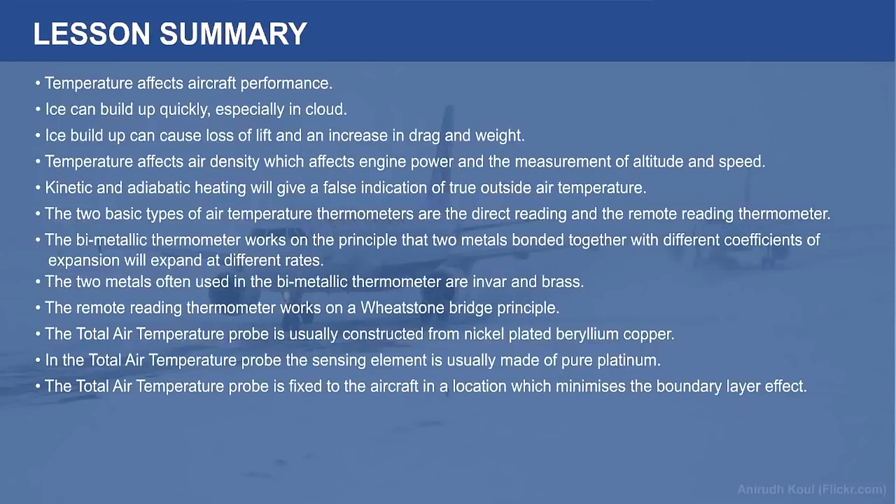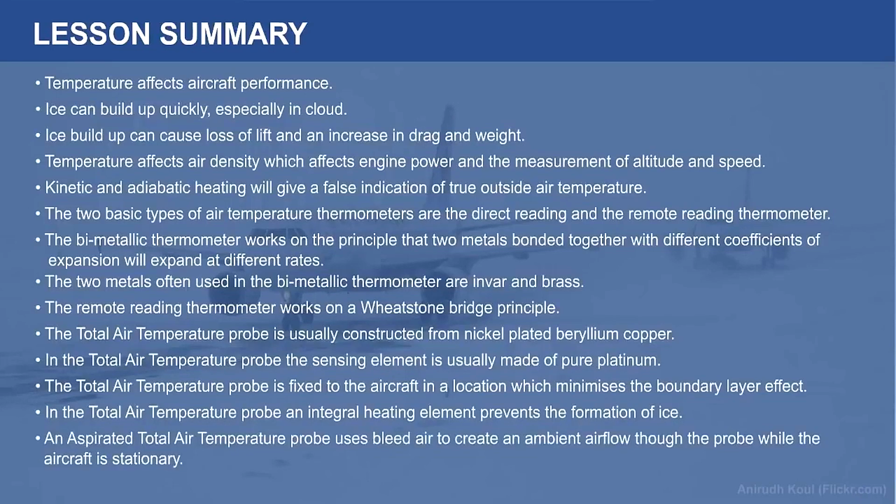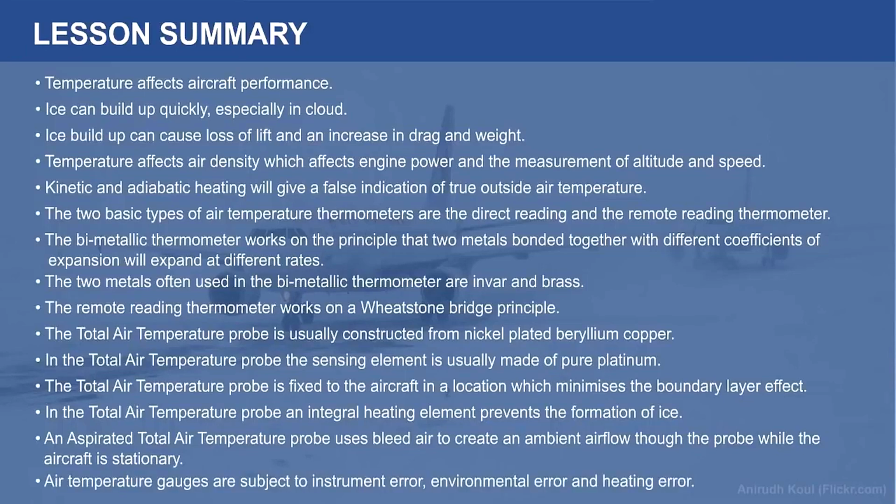The total air temperature probe is usually constructed from nickel-plated beryllium copper. In the total air temperature probe, the sensing element is usually made of pure platinum. The total air temperature probe is fixed to the aircraft in a location which minimizes the boundary layer effect. In the total air temperature probe, an integral heating element prevents the formation